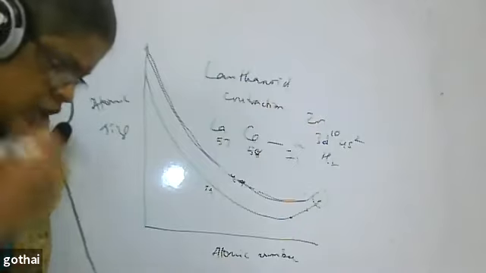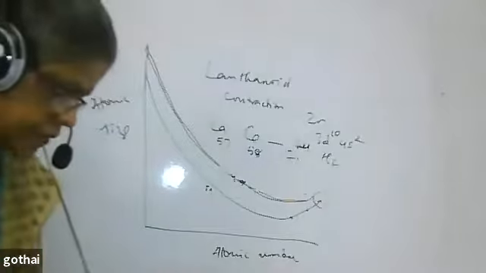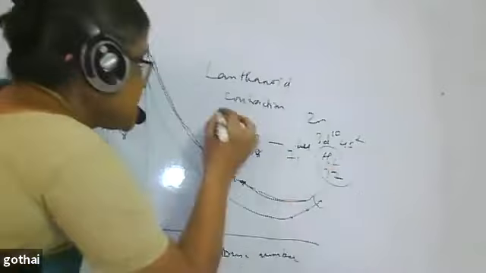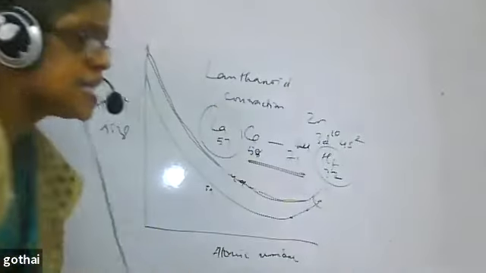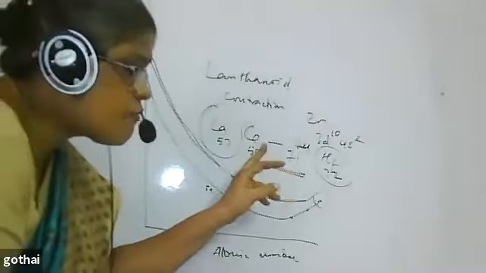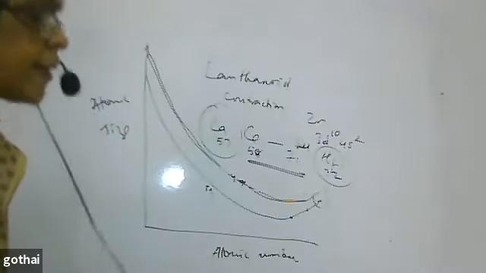Why do you find lanthanum to cerium to lutetium? 71 is lutetium. Then hafnium is 72. This is D block. This is not D block. This is F block elements, placed below the periodic table. Because of this, we find that the atomic size of 5D series is almost the same as that of 4D series. That only we call lanthanoid contraction.